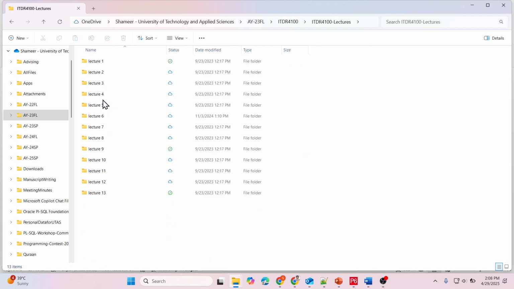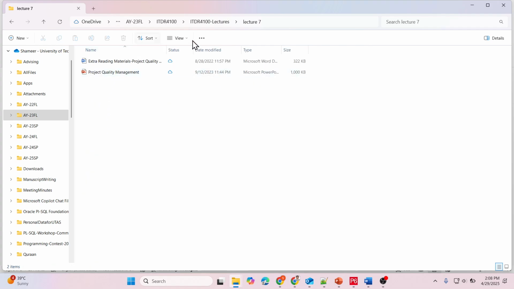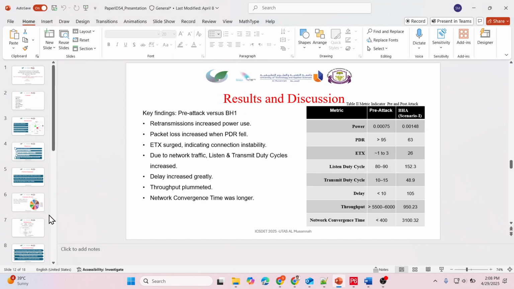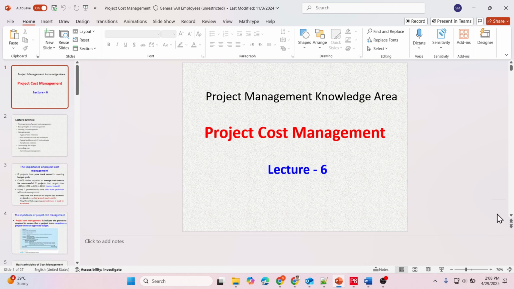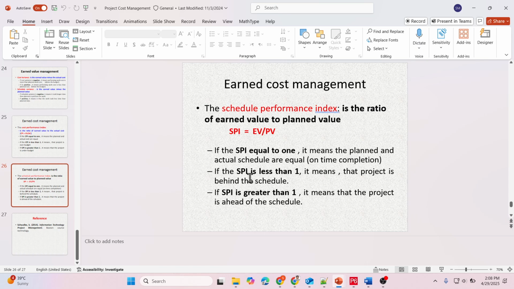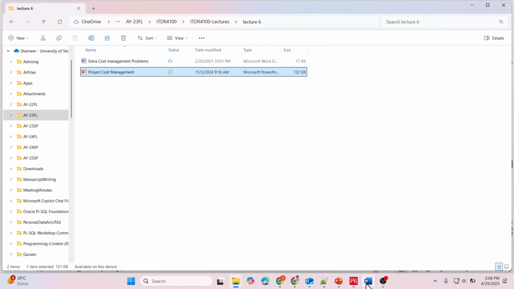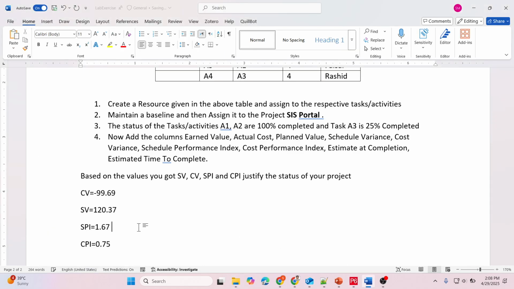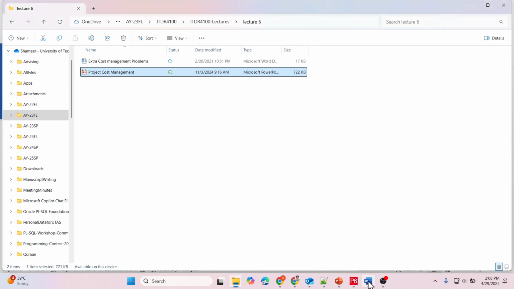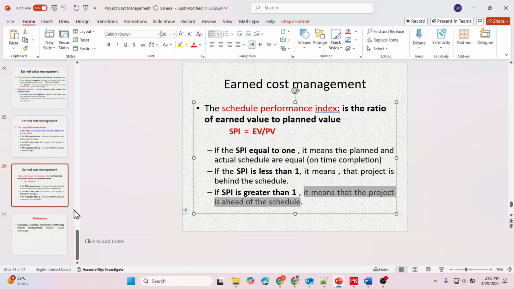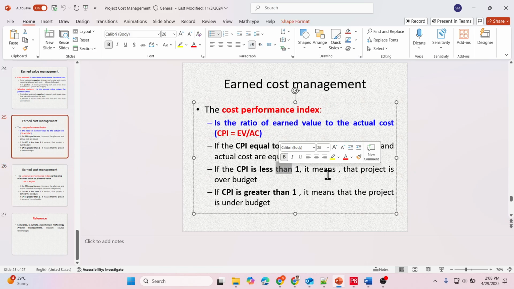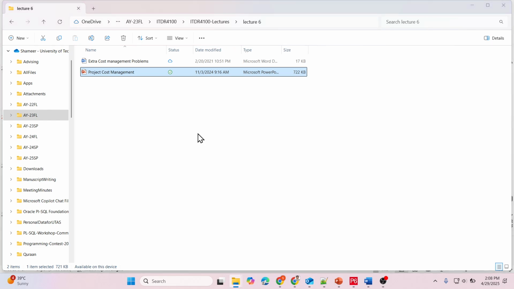So, cost lecture. Okay, you can see here, if it is greater than 1 means the project is ahead of the schedule and you are performing well, but you are spending more money here, right? CPI is 0.75, that means less than 1. So that means the project is over budget. You are spending more money,